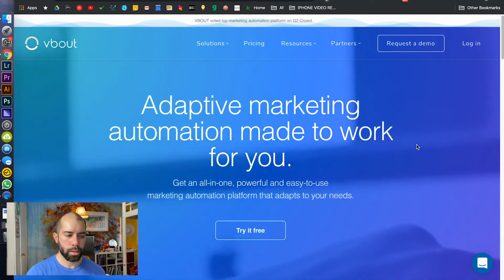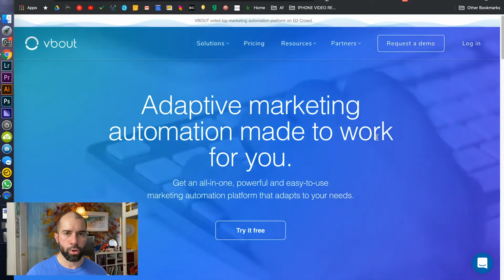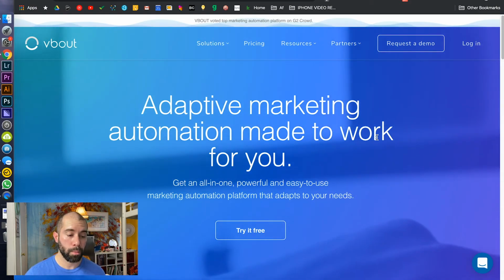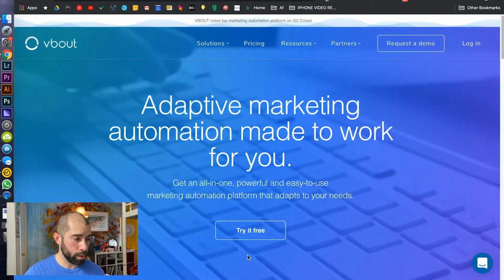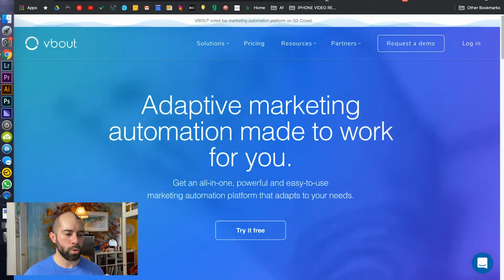One thing I noticed that was cool about Vbout is that they had social media management built in, which is pretty big because what I was going to do is use Keap, and then get Hootsuite, which is an additional, however much that is, $30 or depending on the features you want. And then there's also Sprout Social, which is a more affordable option than Hootsuite, unless you're doing the base configuration. But anyway, the point is, I was going to do a separate social media management app, but then I found Vbout, and they already do social media management.